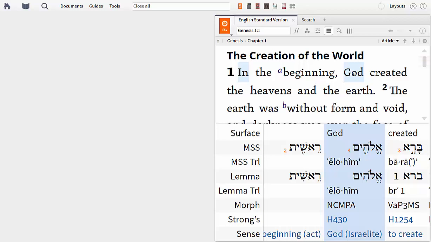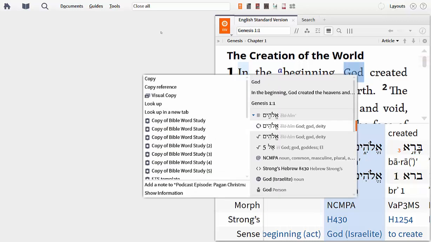I've clicked on the word God. This is the ESV translation. And you'll notice that God is the English translation of the Hebrew term Elohim. Right here it is. Now, if we want to find out how many times Elohim occurs in the Hebrew Bible,